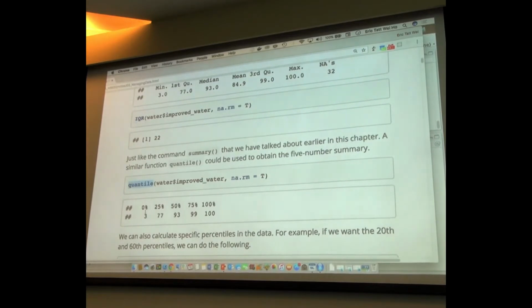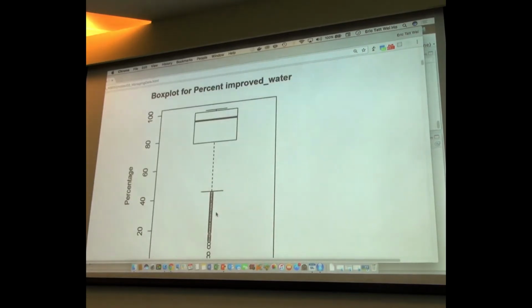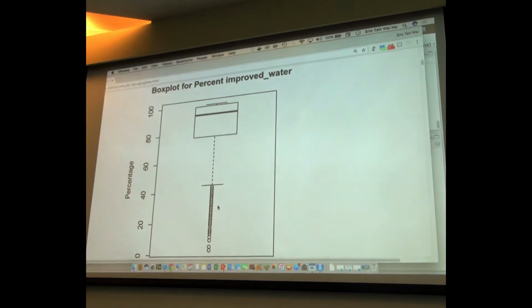Now, the quantile function returns a little bit more information. It tells you, for the improved water, what the 0th percentile, 25th percentile, 50th, etc. is. Box plots, everybody has seen box plots, right? The median is the thick line, the measure of centrality. Then you have Q3 and Q1, the third and first quartile, and then you have those whiskers, and the whiskers indicate, roughly speaking, the amount of typical variation, and everything that's outside of the whiskers of these box